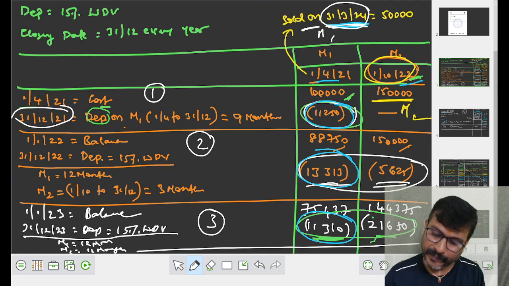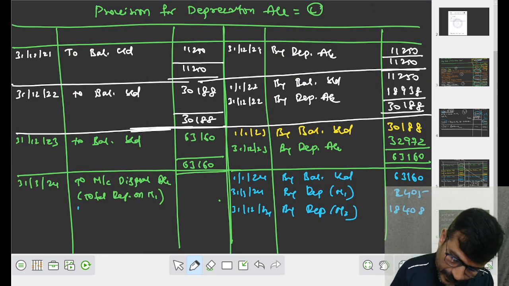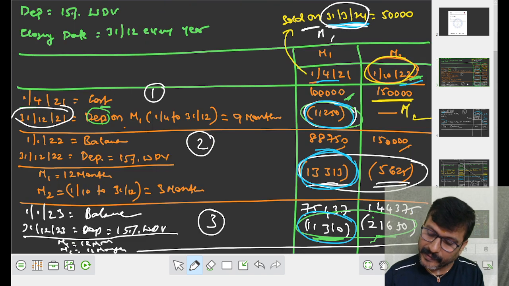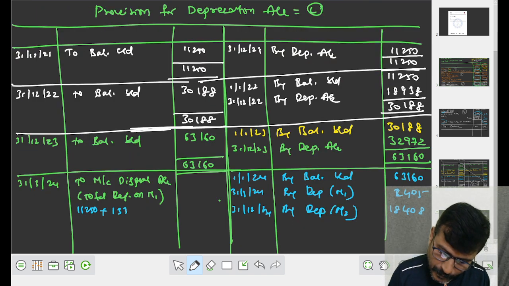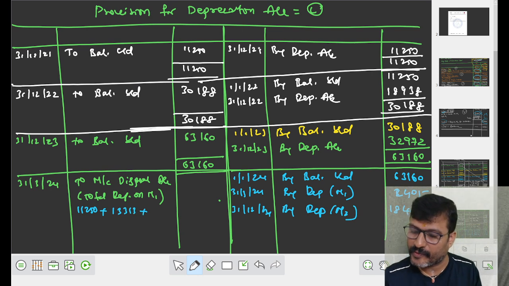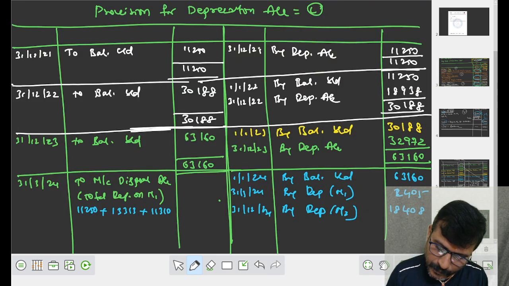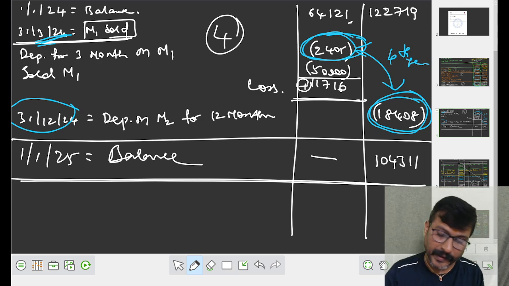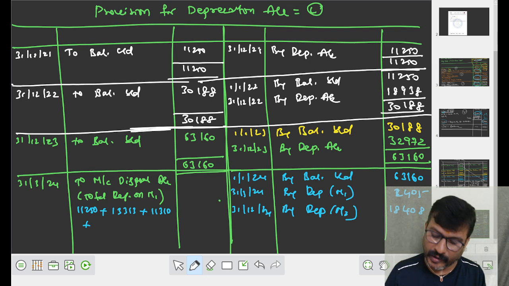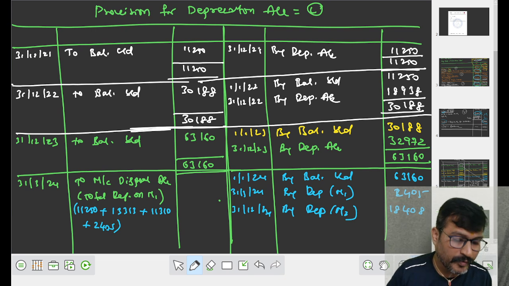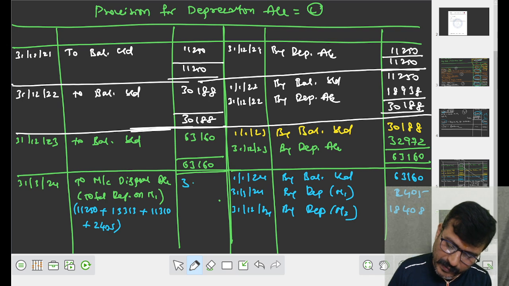Let me show it once again. 11,250 plus 13,313. Please be careful in observation. Then 11,310 plus, then in the fourth year 2,405. Add all the four depreciations. It comes to rupees 38,284. Then same date,